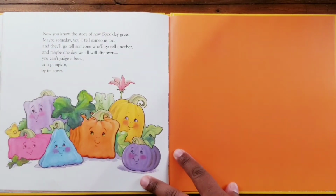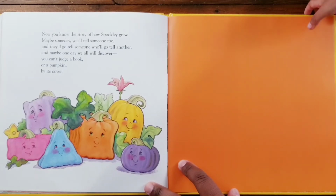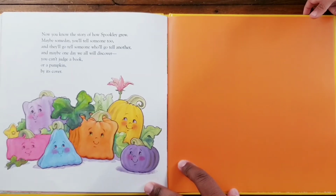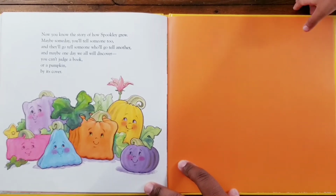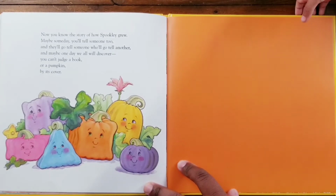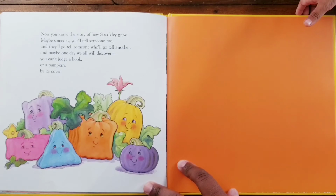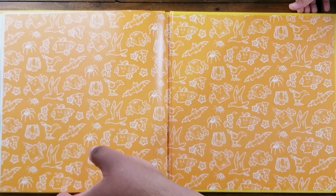Now you know the story of Spookley's grew. Maybe someday you'll tell someone too. And they'll go tell someone who'll go tell another. And maybe one day we'll all discover you can't judge a book or a pumpkin by its cover. The end of